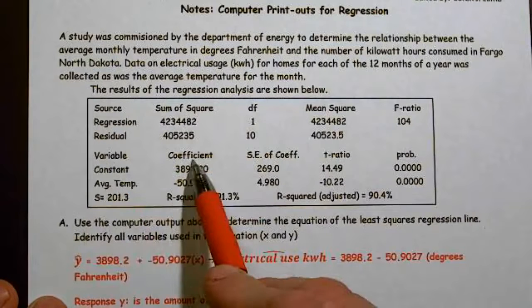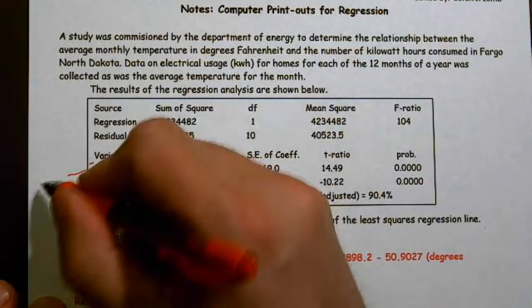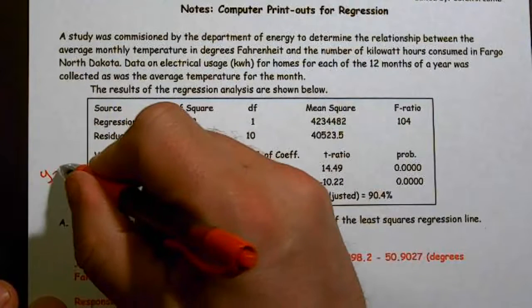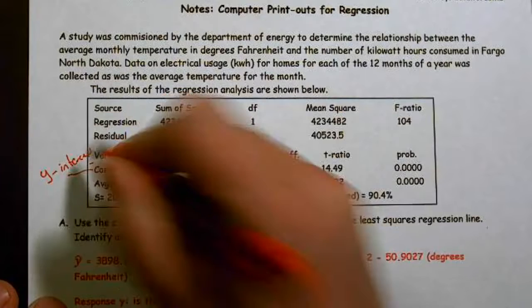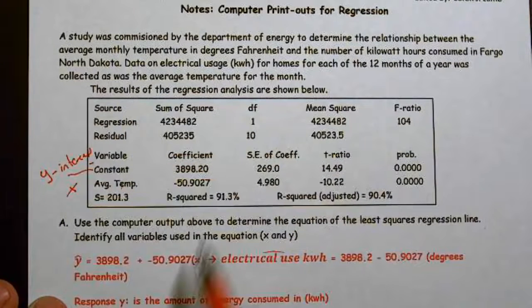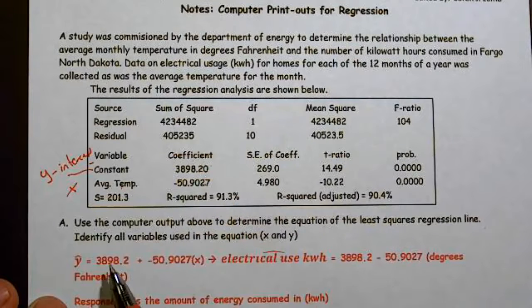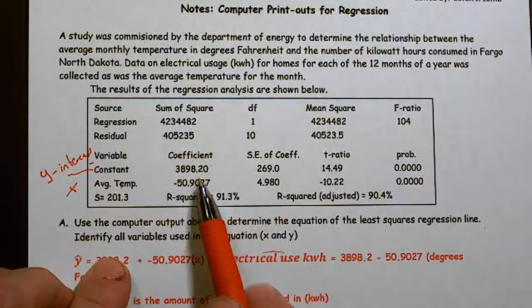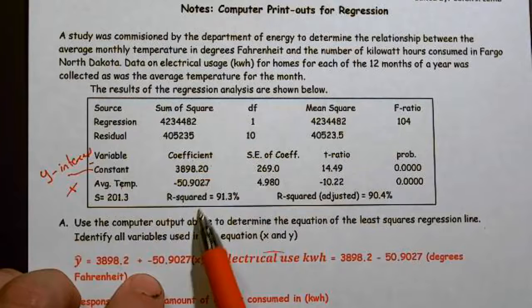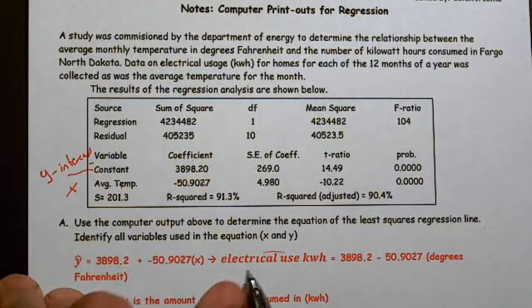I see variable, I see coefficient, I know that information is here. I see constant, that tells me this is my y-intercept. And average temperature happens to be my explanatory variable. So this right here is my slope, and this right here is my y-intercept. So y hat equals 3,898.2 plus a negative 50.9027. Another way of saying this is electrical usage equals 3,898 minus